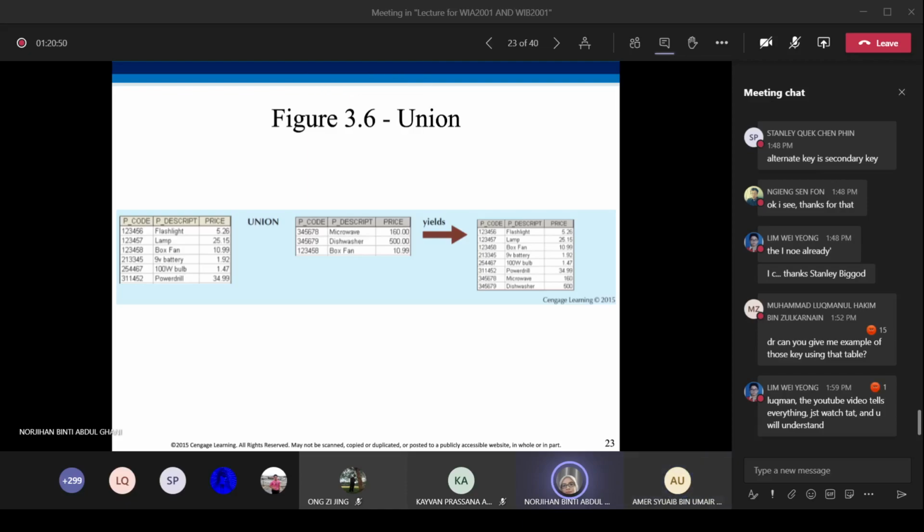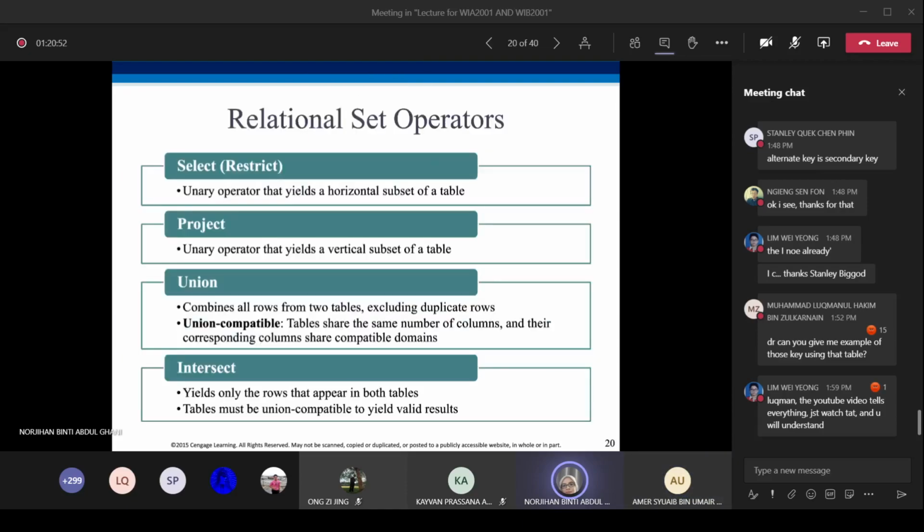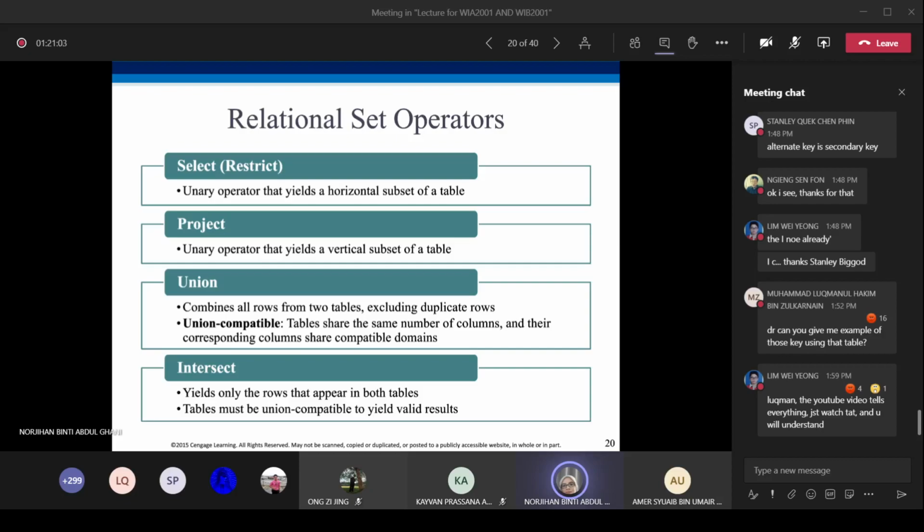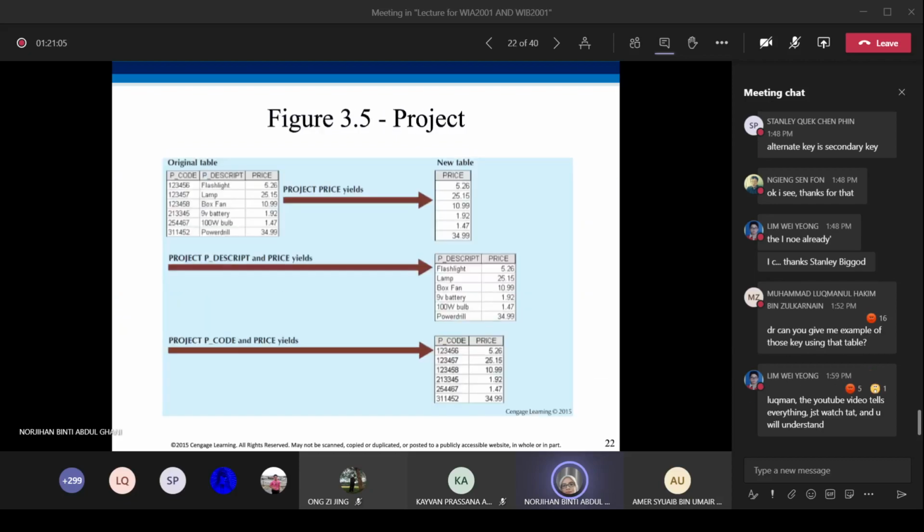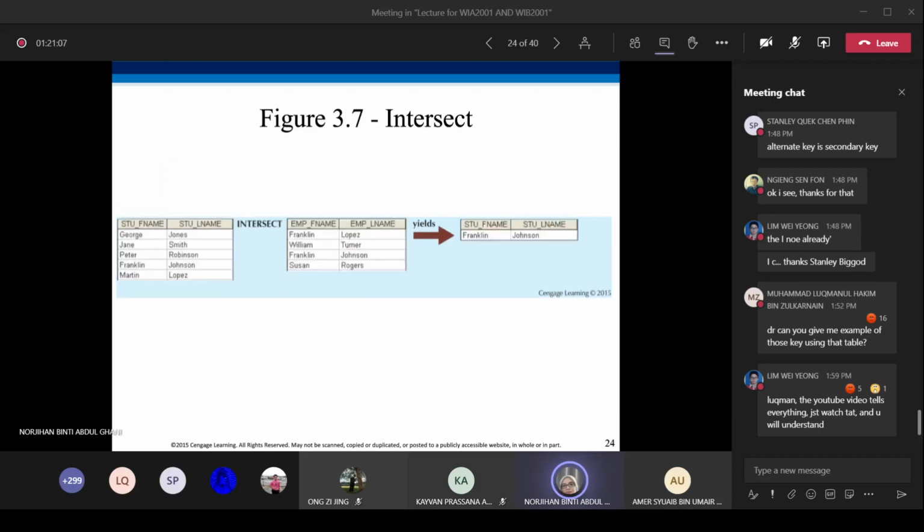Then the last one is intersect. Intersection yields only the rows that appear in both tables.